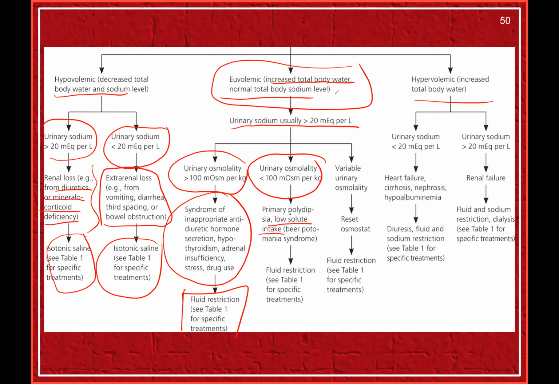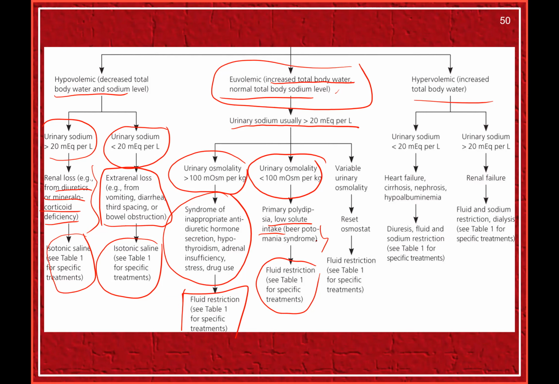That means marathon runners, or in a hot summer, the workers feel thirsty, they take only water and don't replace the salt. So solute is less taken and then more water. And beer potomania is another syndrome, a similar thing where the fluid is more and without the electrolytes. Here again, what we need to do is restrict the fluid and it will get corrected because it is primary polydipsia or excessive water alone without the salt. And if it is due to heat stroke or something where they lose excess salt through the skin and only replace water, we can give some electrolyte containing solutions orally that will correct.